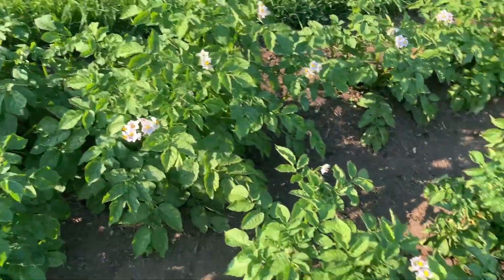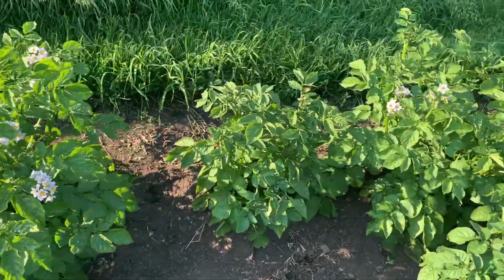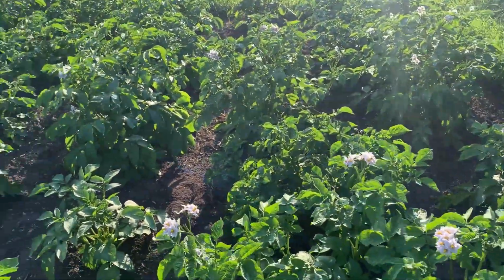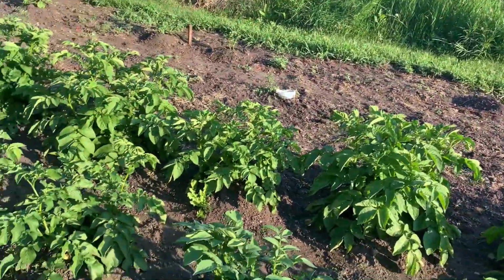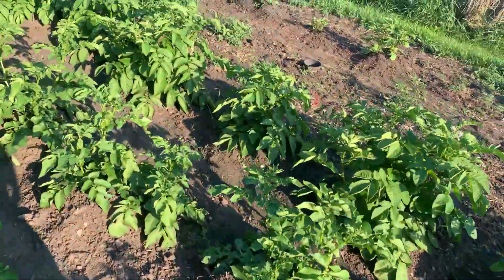These are potatoes, obviously, and they're looking really, really good. I believe these first two rows here were planted in the last week of April. The rest are a little later, but none of them were really late. A lot of it is new seed. I've written down somewhere what it is, but